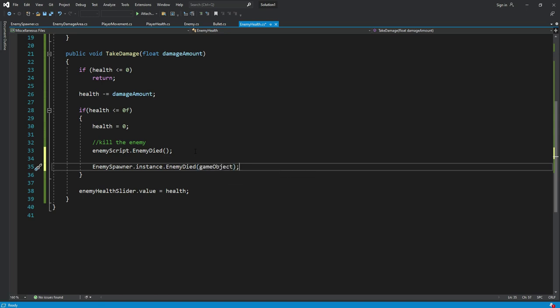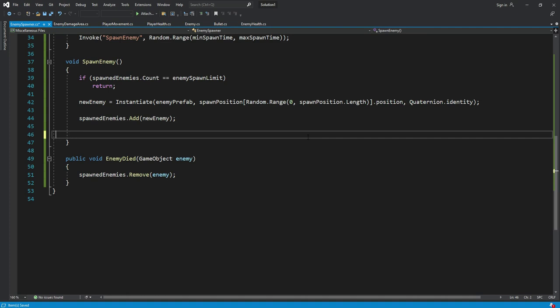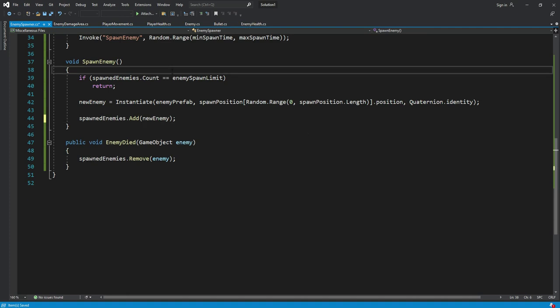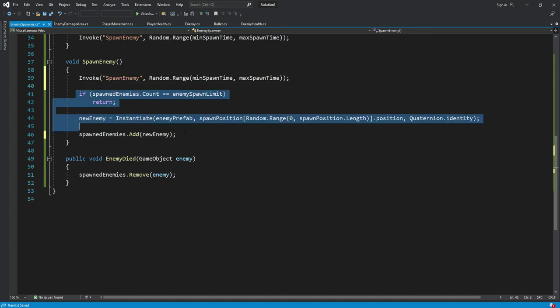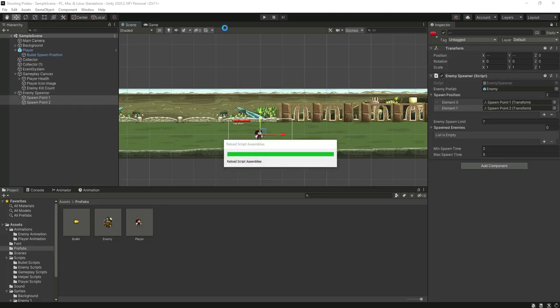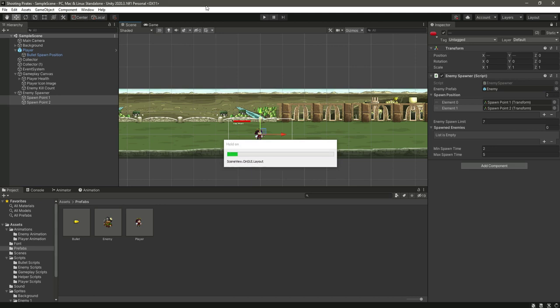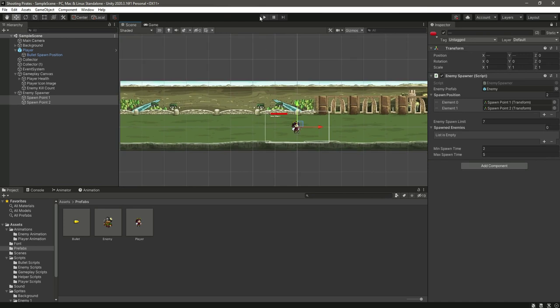And now if we save this, get back to the enemy spawner, and right here we will just cut this from here, and we will move this before this if condition, because first we will spawn the enemy and then we will check if the enemy spawn limit is reached to 7 or not, and then we will add a new enemy. So now if we save this, get back to Unity, and now we have the spawn positions. So now if we play the game